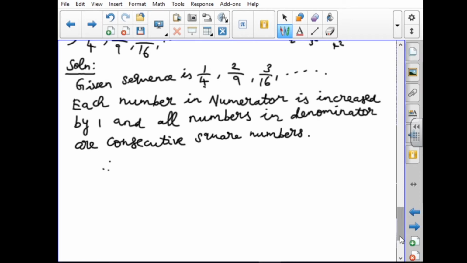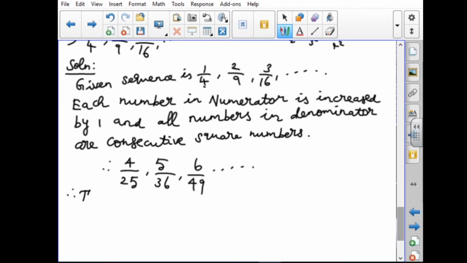So you have to write it here. Therefore, the next number is what here, 4. The square number is what, 25. Next one what, 5. 5 by 36. The next number is what, 6. The another number is what, 7. So 7 square is what, 49. They also find 3 numbers only. So these are the numbers.